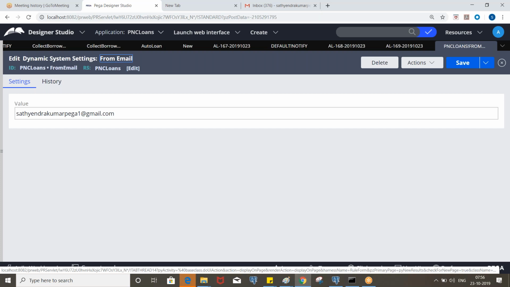In the development environment we use some email address, and for testing environments we use different emails where business users will test it. In production, we'll have some other email ID.